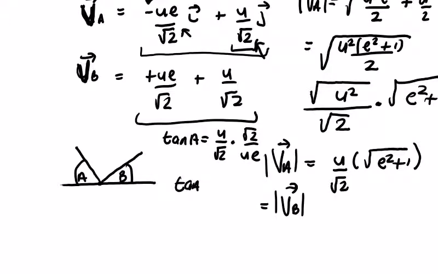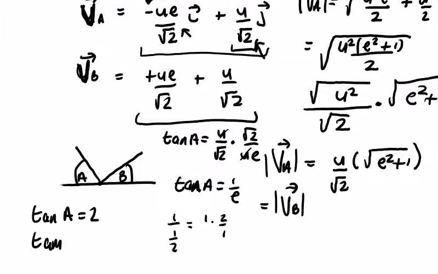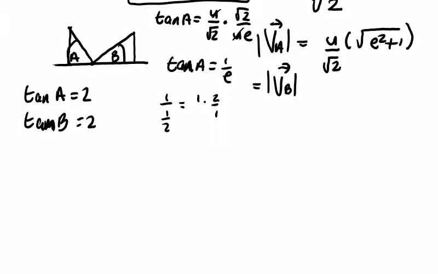So the tan of A, which is equal to the tan of B, is going to be, the u's cancelled, the root 2's cancelled, 1 over e, and e was a half, so 1 over a half is equal to 1 times 2 over 1. So the tan of A is equal to 2, and the tan of B is equal to 2. Tan of B is equal to 2, or 2 over 1. So get the angle in between. The quick way to do it will be the inverse tan